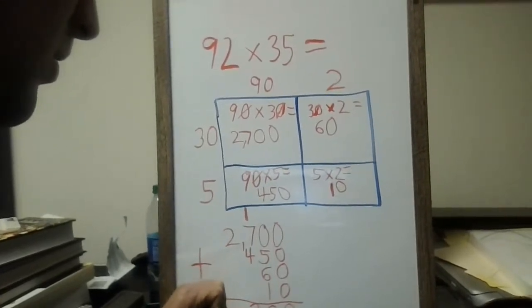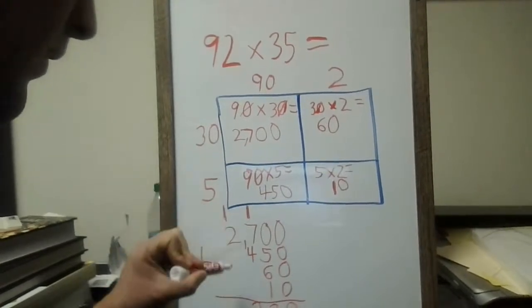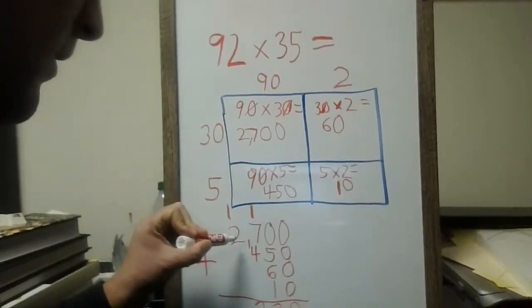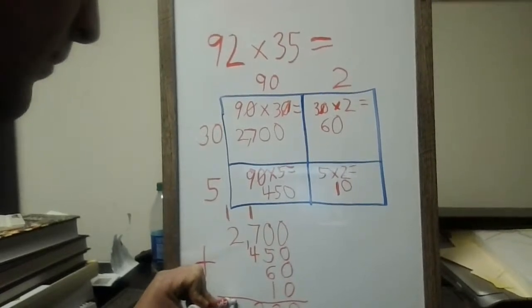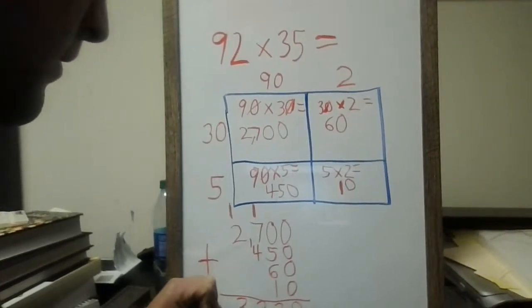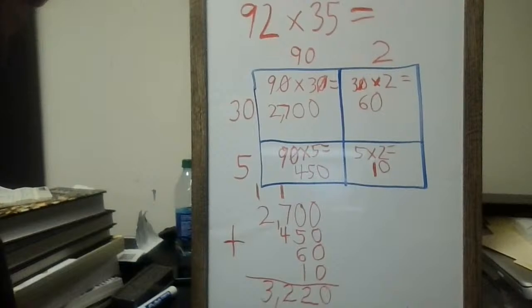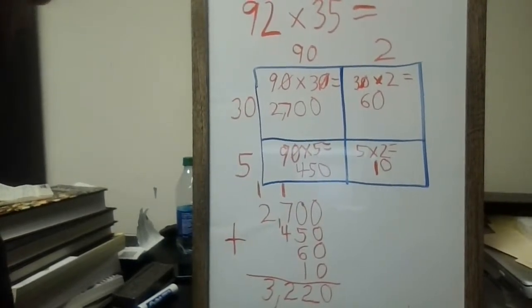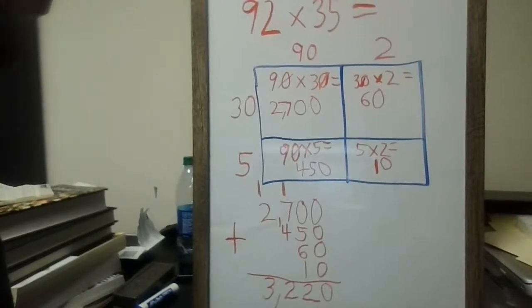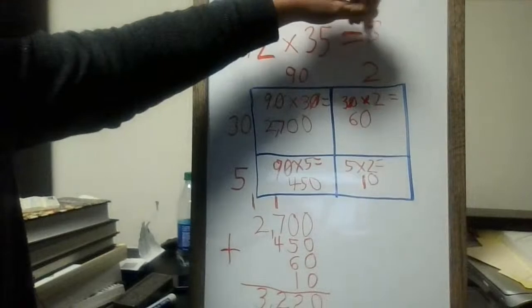So 2 in the hundreds place. 1's going to get carried over to the thousands place. 1 plus 2 equals 3. And we have our answer, 3,220. So 92 times 35 equals